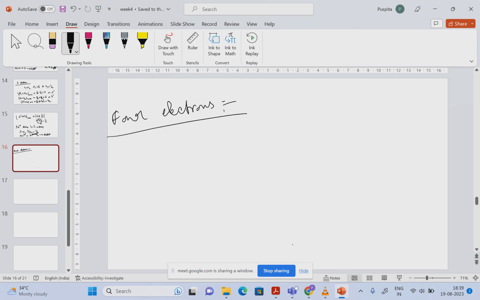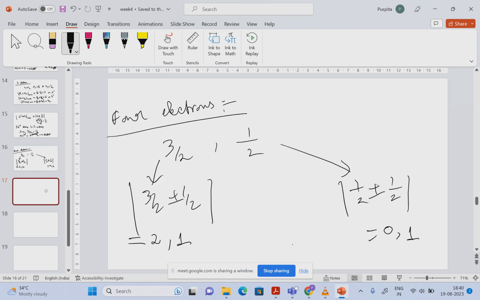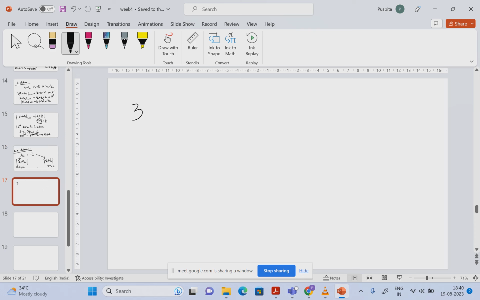So we can take 3/2 and 1/2 and add plus minus 1/2. This will give one combination, and this plus minus 1/2 will give 0 and 1, and this will give 2 and 1. So there will be three kinds of